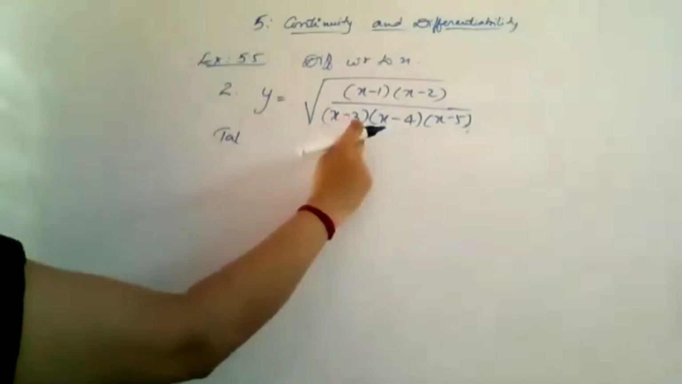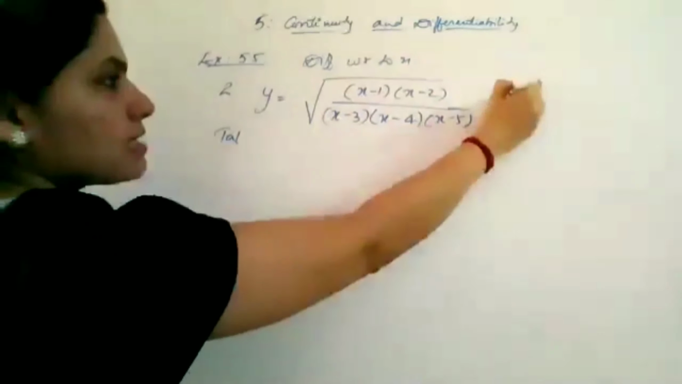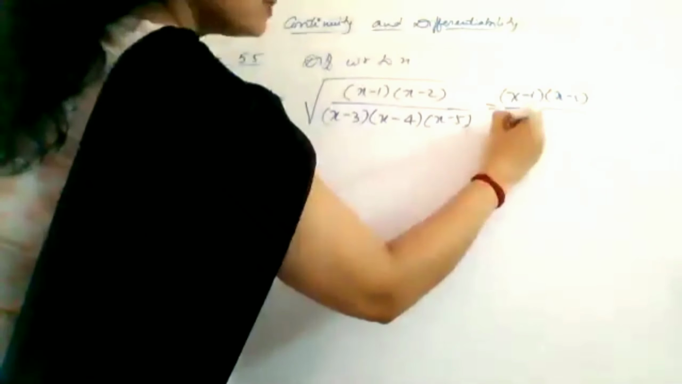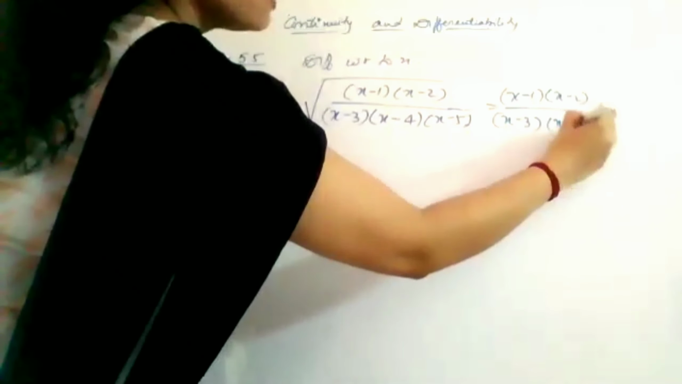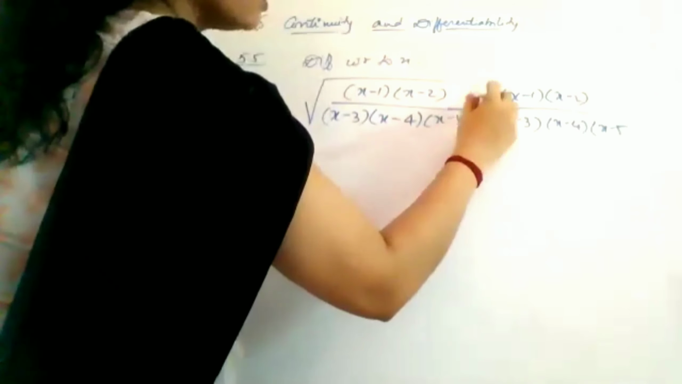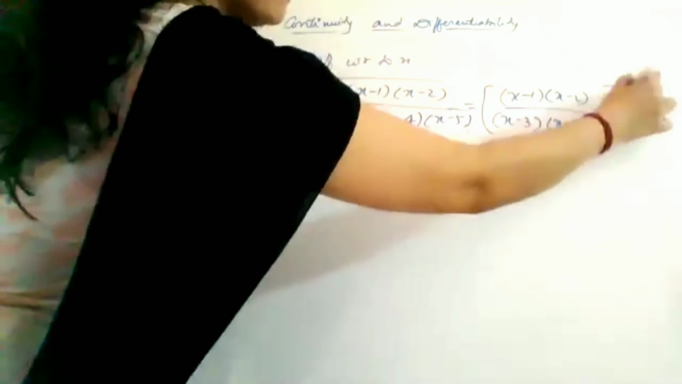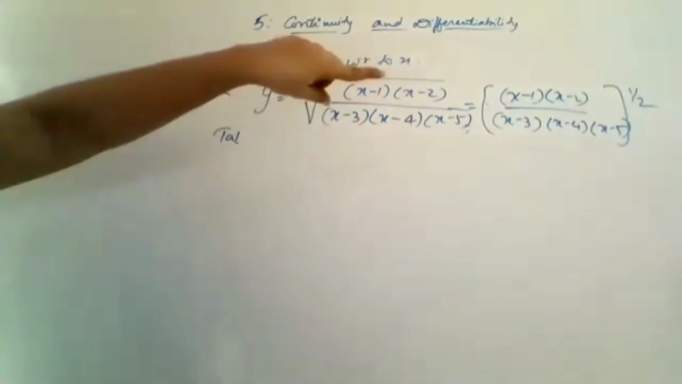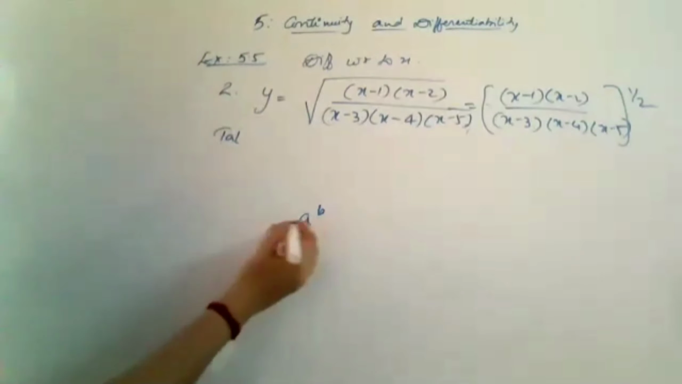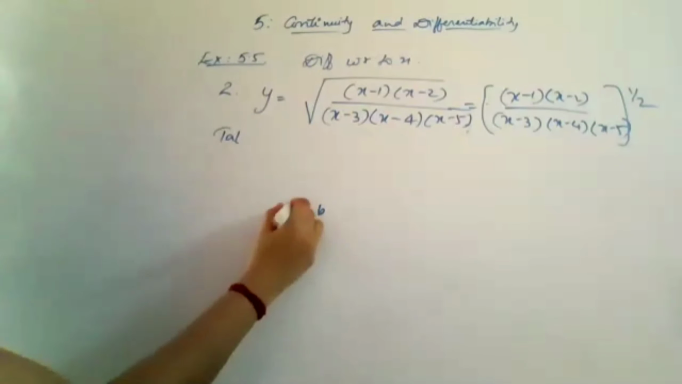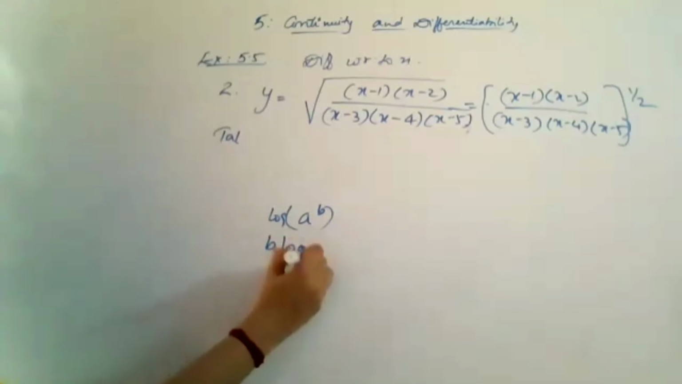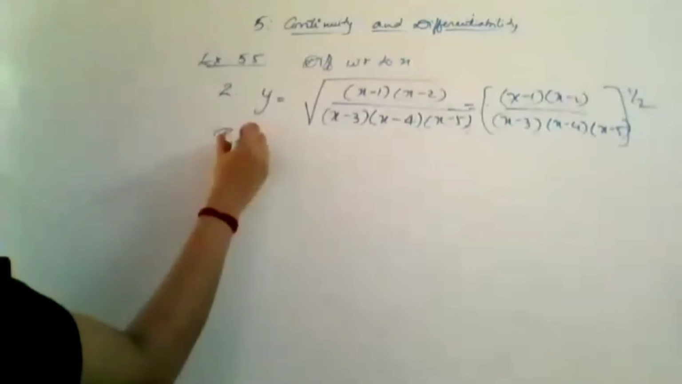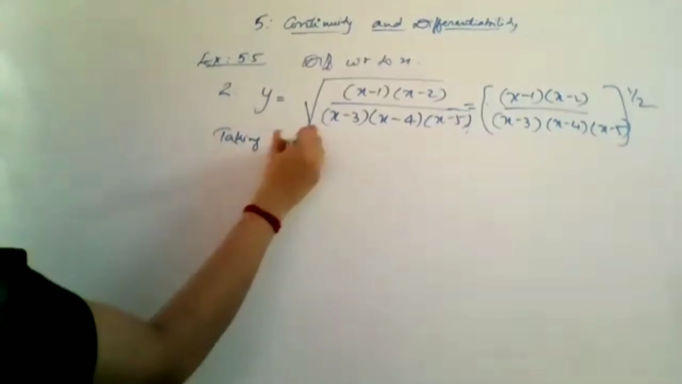Now you should remember that root of this can also be written as x minus 1 into x minus 2 divided by x minus 3 into x minus 4 into x minus 5, the whole raised to 1 by 2. Okay. So that property only we are using here. That is, if it is a raised to b, then taking log on both sides, log of this is same as b log a. This is what we are going to apply. Okay. Taking log on both sides